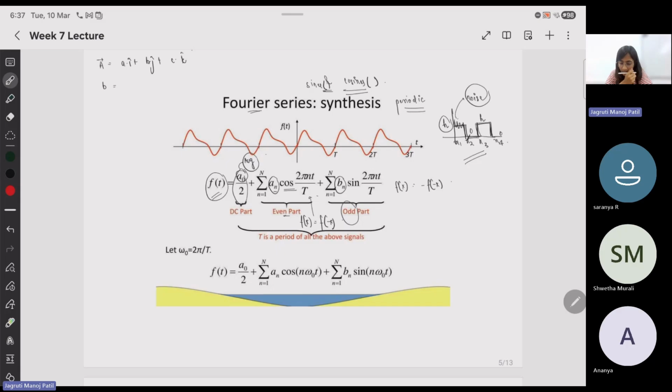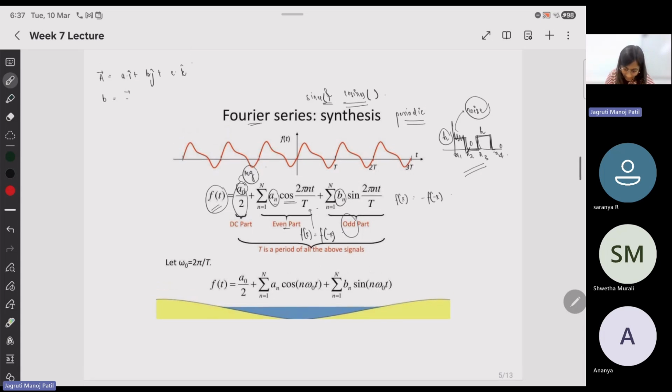It's nothing but your vector times the j cap vector. You multiply the corresponding components, so this is not multiplication, but essentially a dot product